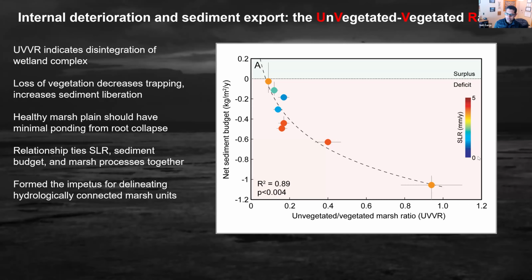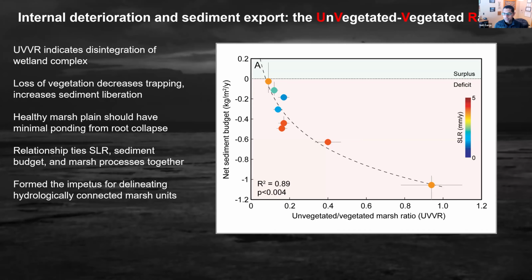The second thing you can see is the strong correlation between the two, where sites with a low UVVR, which is good, basically had a neutral sediment budget, and sites with a high UVVR were exporting massive amounts of sediment. What's interesting, those 2 points there in orange are literally 1 or 2 kilometers apart from each other. One is Blackwater National Wildlife Refuge. The other one is Fishing Bay Wildlife Management Area, both in the Chesapeake. Right next to each other, but very different things happening due to hydrodynamics and histories of sea level rise, subsidence,